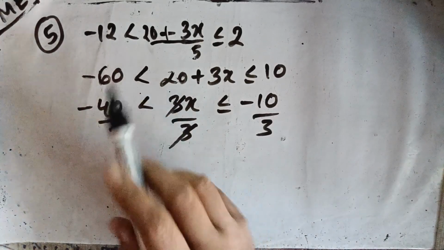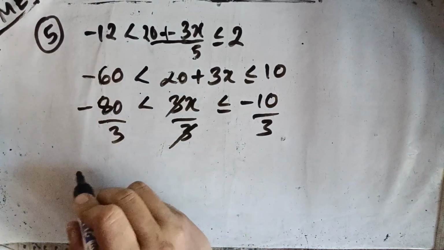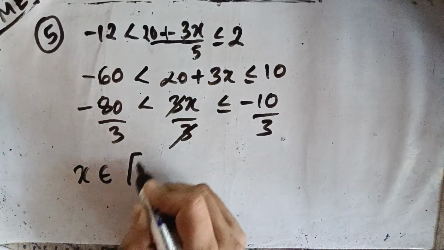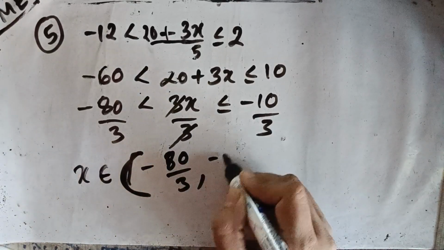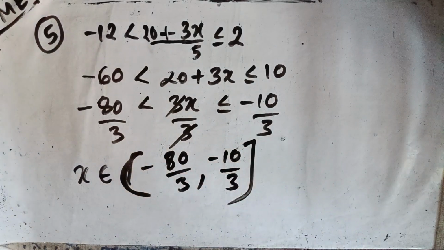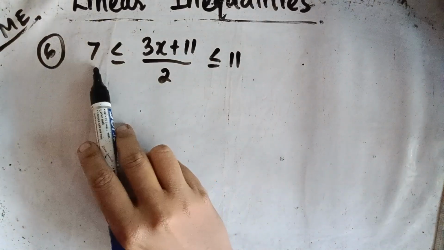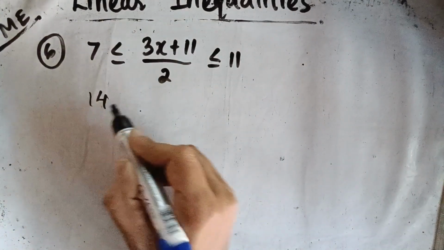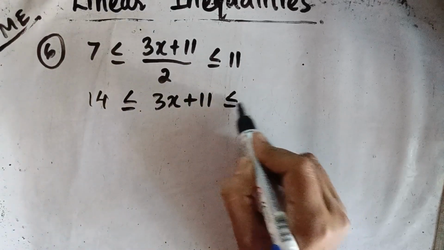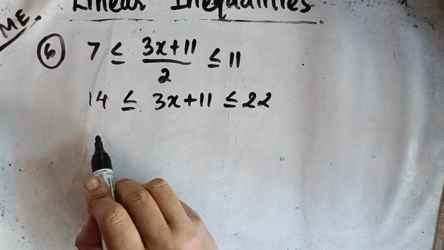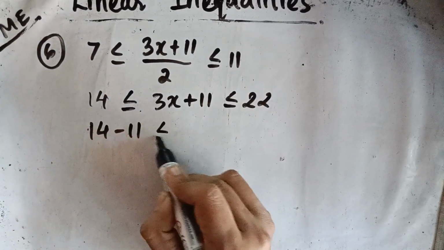This is minus 20, minus 80 by 3. Okay, so x belongs to open interval minus 80 by 3 and closed interval. Okay, multiplying by 2, minus 11,